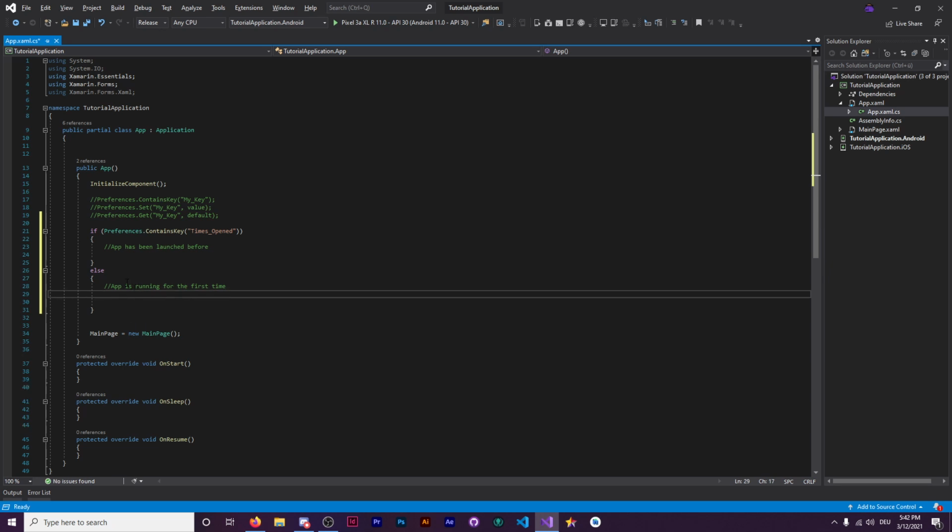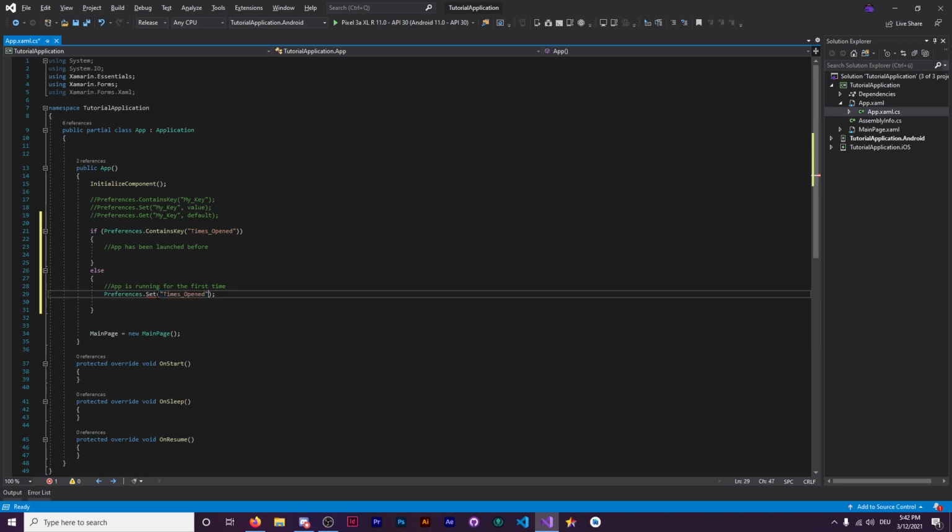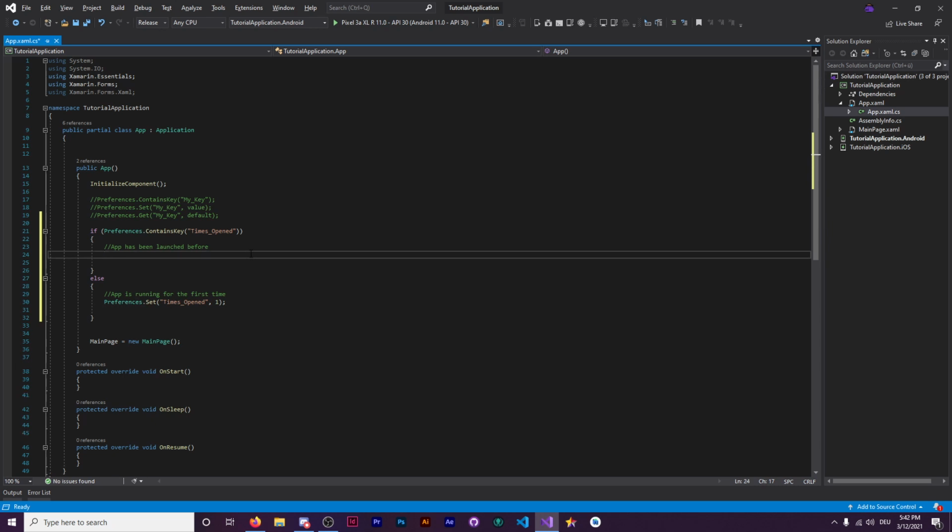Now over here, what we want to do, if it's running for the first time, then we actually want to set the value of this key. And it's going to be set times opened to 1, which is the number of times your app has been opened. Now, as for whether if it already contains the key, what we want to do is preferences dot set